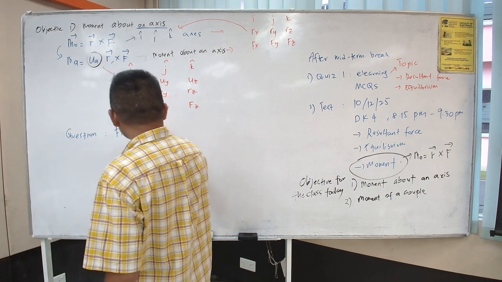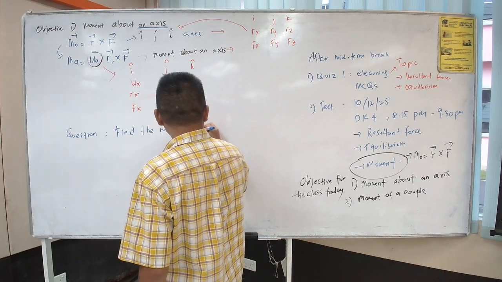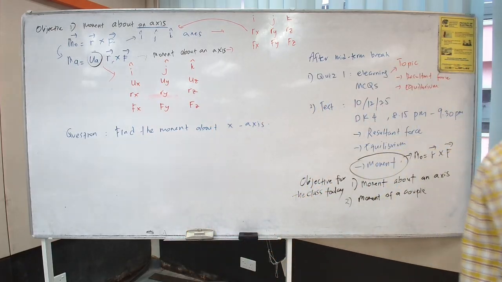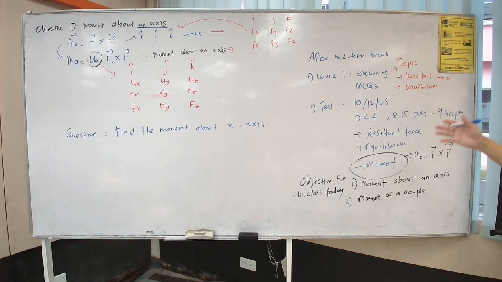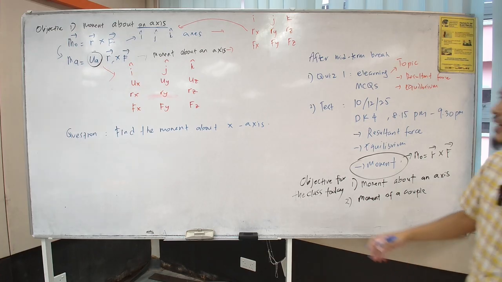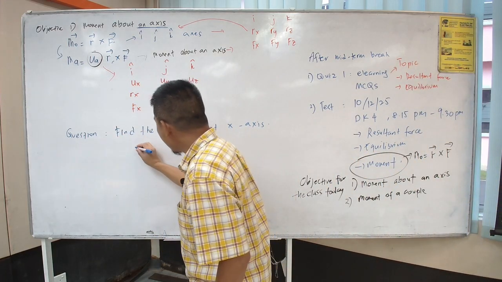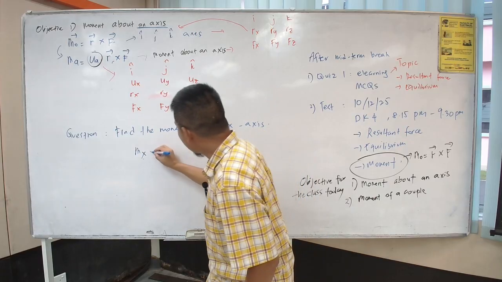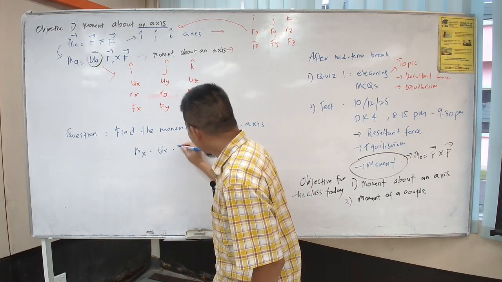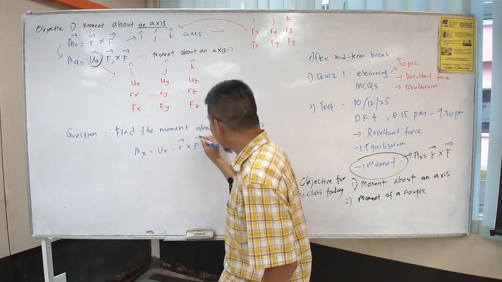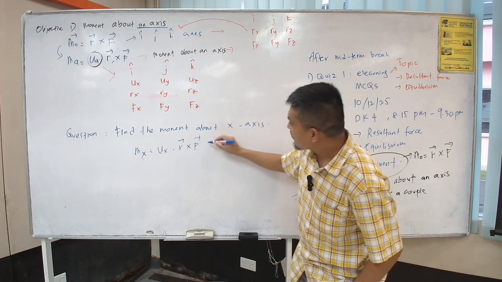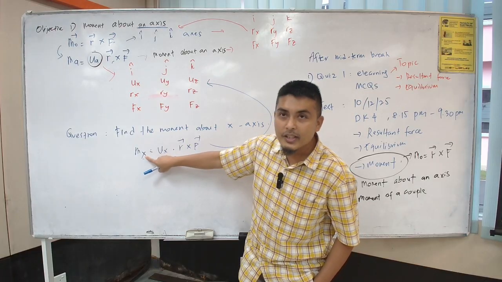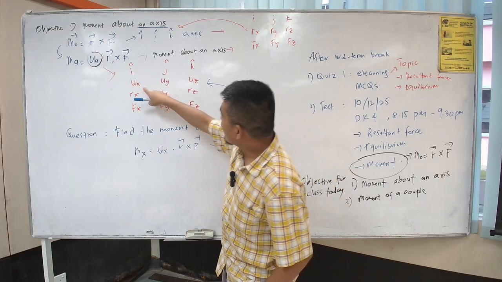Find the moment about x axis. Example, the question is: find the moment about x axis. So it means that here you need to find Mx, because for the x axis, Mx equals ux dot r cross product with F. If you convert to this formula, because it is the x axis, you need to find the ux. So ux will become